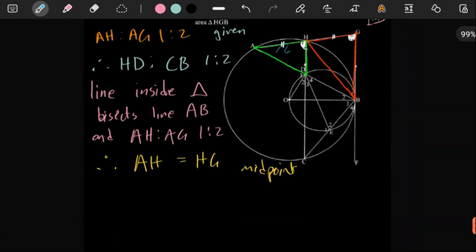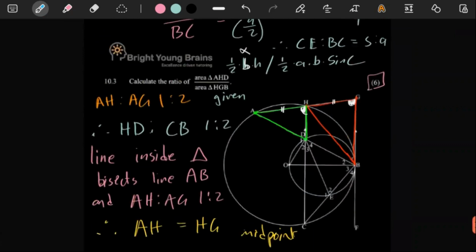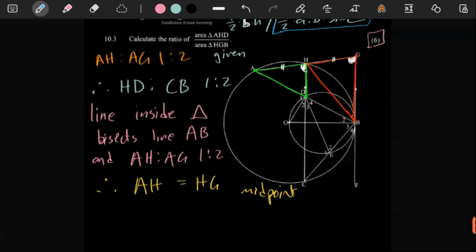After having written the fact that this is equal to this, the one thing we're going to state is that this angle is equal to this angle, because eventually we want to put the lengths of our triangles and their information in this formula. We're going to do it for the top one and for the bottom one, and see where that leads us. When we're done with the question, we'll come back here to clean up and make all this make better sense. So here, let me write out AHD